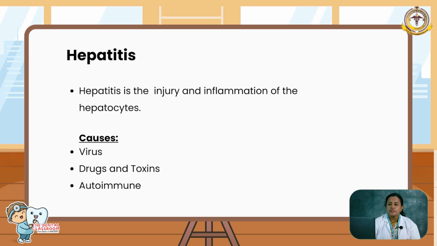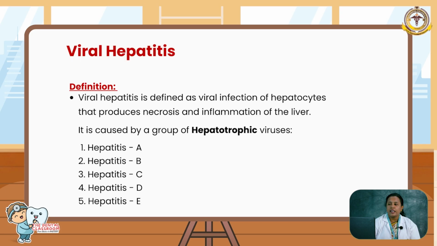Causes: viruses, drugs and toxins, autoimmune. Since the predominant cause is viruses, we are going to see viral hepatitis. Viral hepatitis is defined as viral infection of the hepatocytes that produces necrosis and inflammation of the liver. It is caused by a group of hepatotropic viruses, which are hepatitis A, hepatitis B, hepatitis C, hepatitis D and